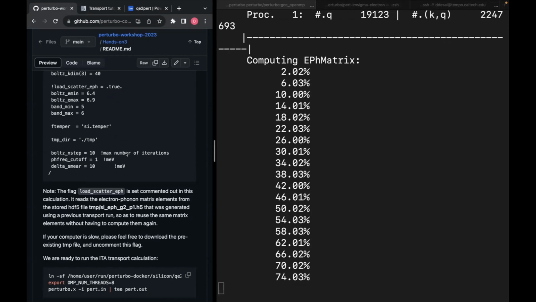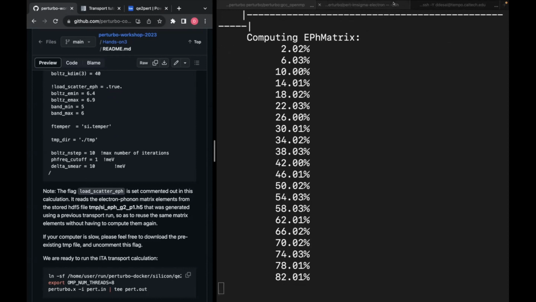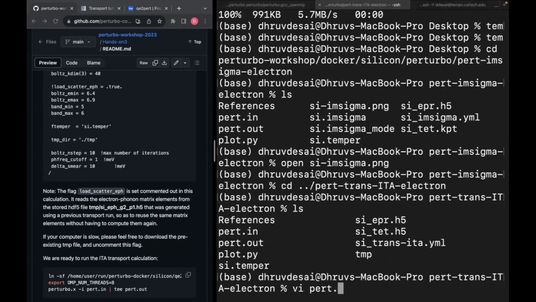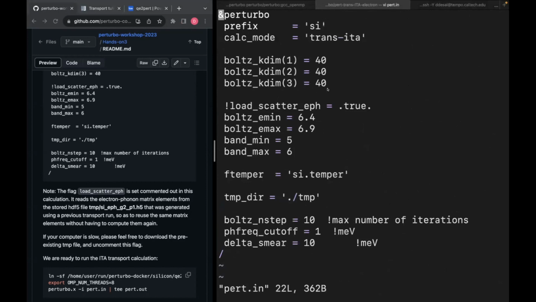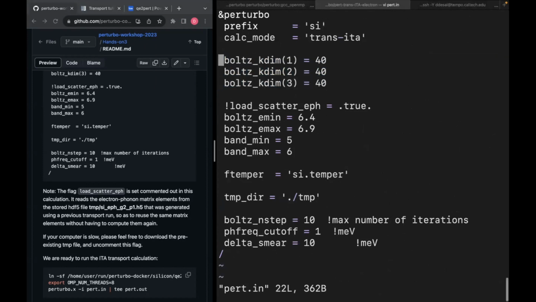On this, there is also a convergence issue. Sorry, I should have started with the input file first before running the calculation, but I can show you what the input file looks like, and you can see that inside the folder. It's slightly different from the RTA input file. Well, it's the same as the RTA input file, but for the iterative calculation, there is another parameter called